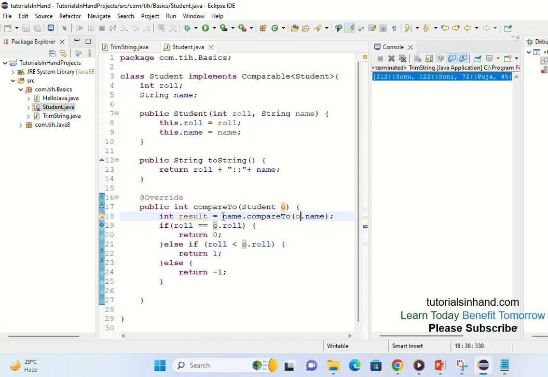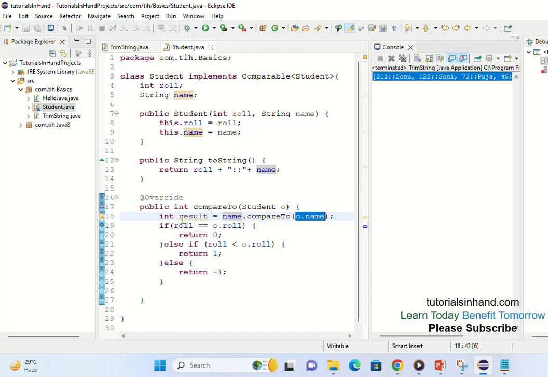And now what will happen is when you use compareTo, then it will sort in the lexicographical order based on the string values that are coming over here. So if both the strings are equal, then it will return what? 0. If this string is greater than this one, when compared lexicographically, it will return 1, and if it is less than this one when compared lexicographically, it will return -1.